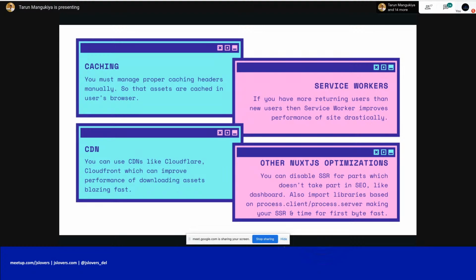Apart from that, yes, you can also do this: let's say if you don't need SSR, you can disable it in the part where the pages are accessible after login. So admin or obviously the dashboard. After that, you can also use